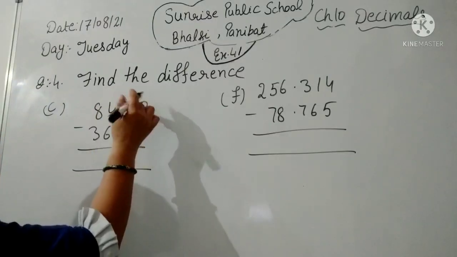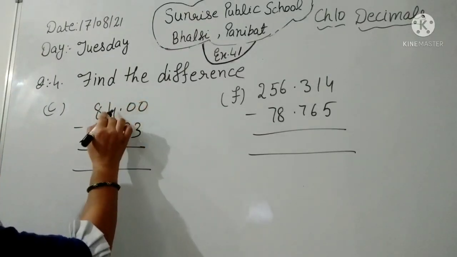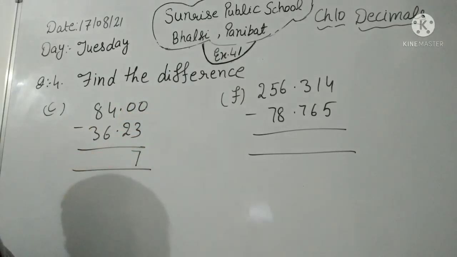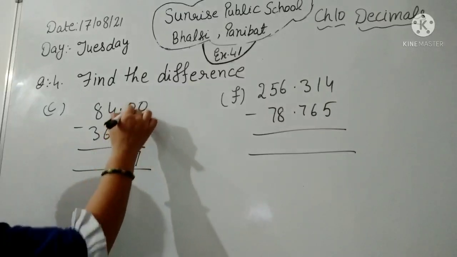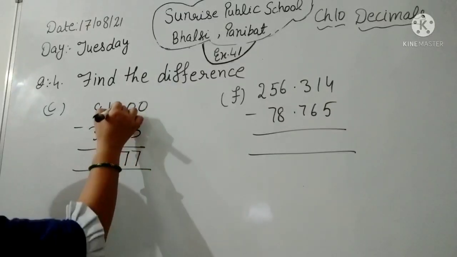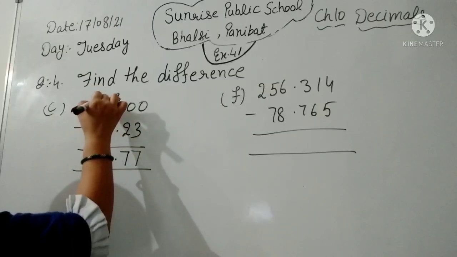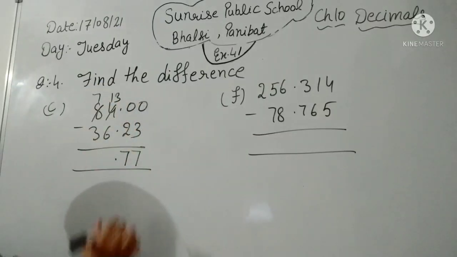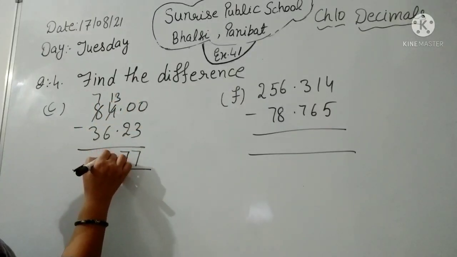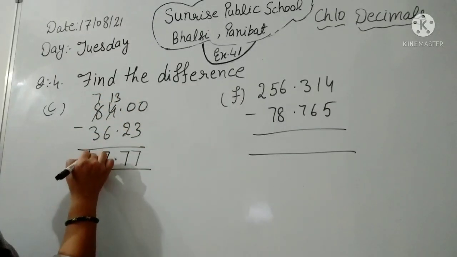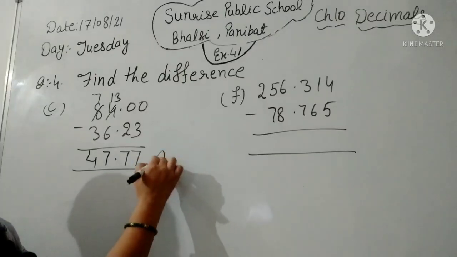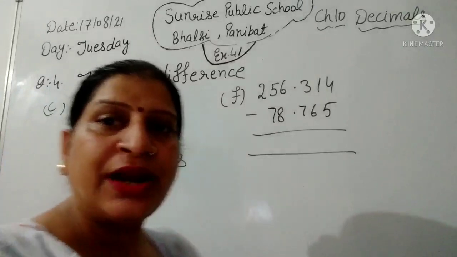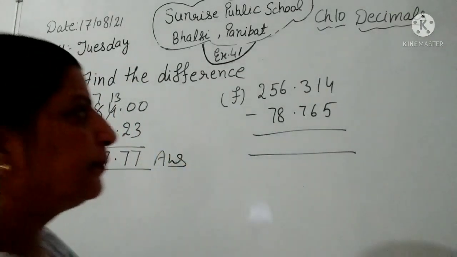So we have to borrow a number. Borrow लेंगे. Borrow लेने के बाद यहाँ पर number 10 हो जाएगा. 10 minus 3 equal to 7. Now here is number 9. 9 minus 2 is 7. Here now your number is 3 and when it gives 1 borrow, then the number becomes 13. 13 minus 6 that is equal to 7 and 7 minus 3 that is equal to 4. Now our answer becomes 47.77.